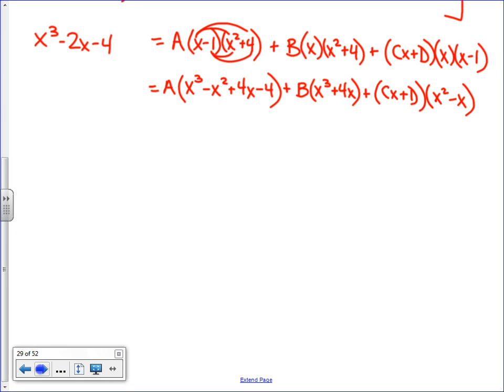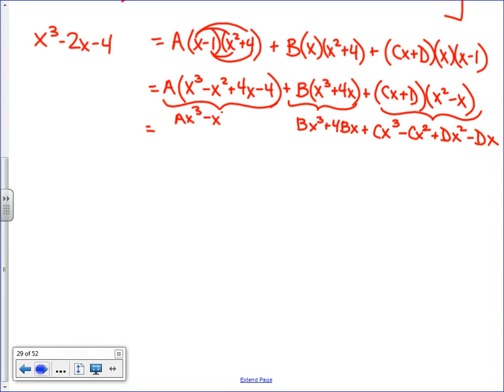Now what? Equals. C part. Yeah, I have to keep multiplying, huh? So then I can make this bx cubed plus 4bx. I could make this cx cubed minus cx squared plus dx squared minus dx. Double check. Cx cubed minus cx squared plus dx squared minus dx. And then this